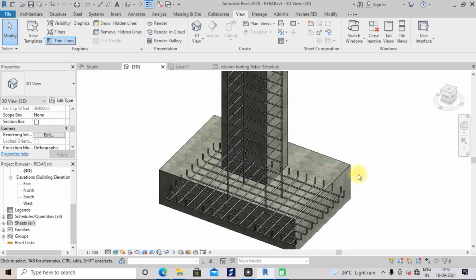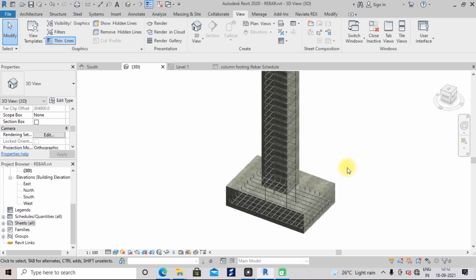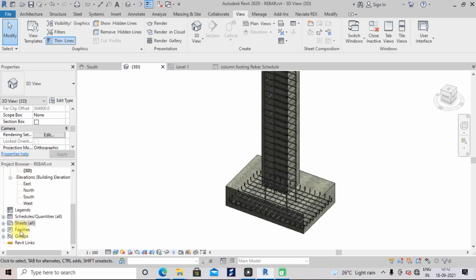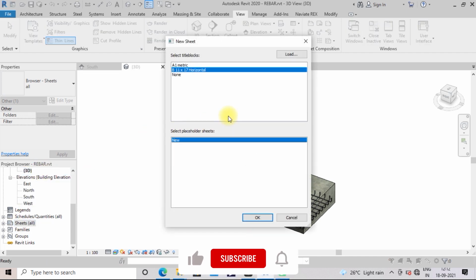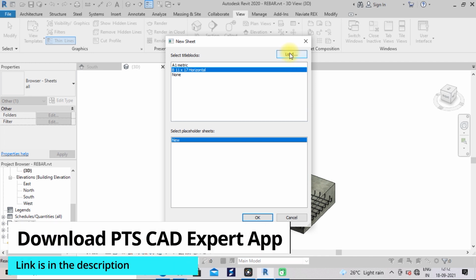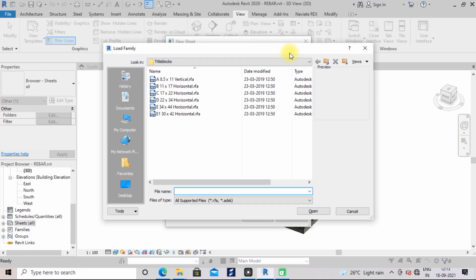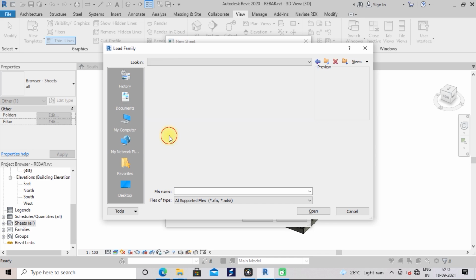So now, how can we prepare a sheet? For that, go to the project browser and select the sheets. Right click and select a new sheet. Then from here, I want to import an HD metric sheet into my project. For that, click on load. Then from here you can select the US Imperial